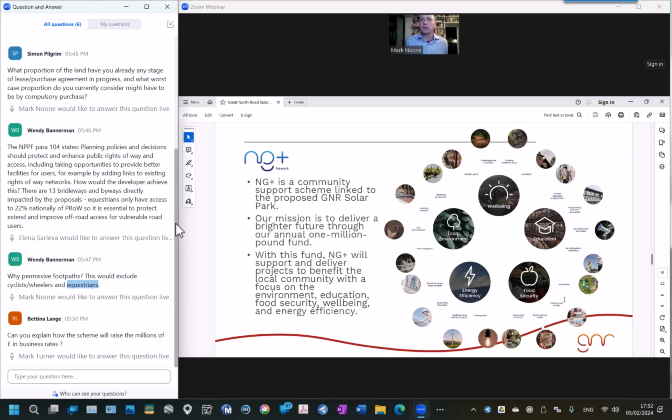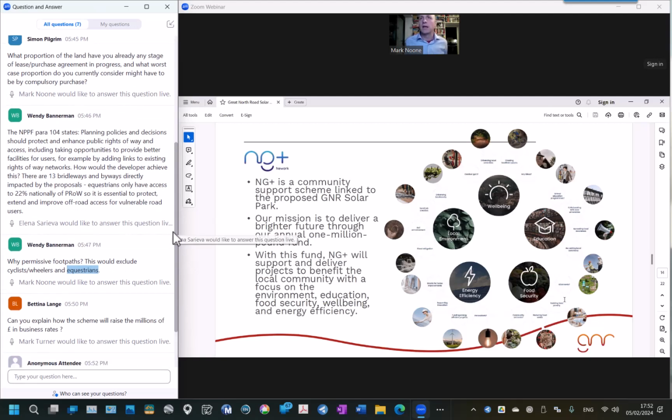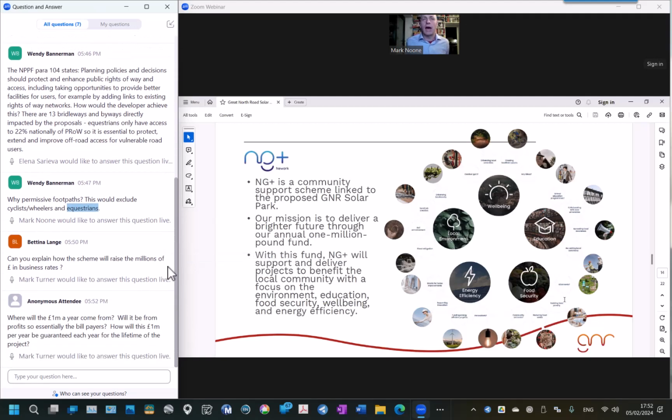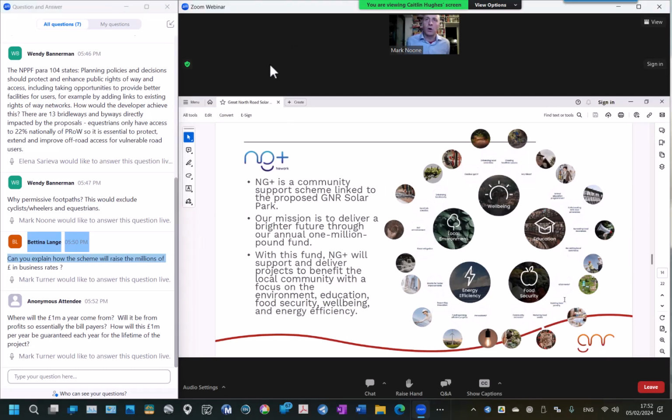So what we're trying to do is ensure that as many items that have a public good are wrapped up in the build costs of the scheme. So whether that be improvements to roads and potholes and so on in access roads, those are construction costs. So that will have a lasting beneficial impact on the local community.